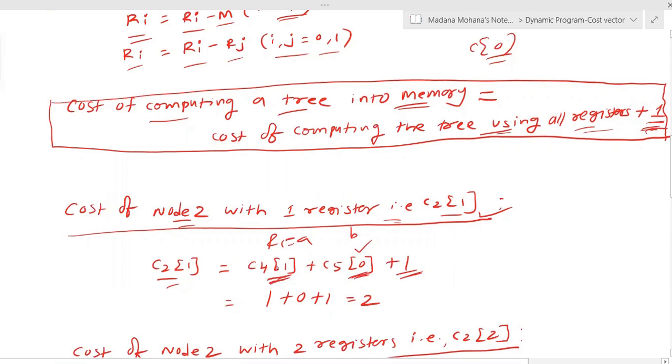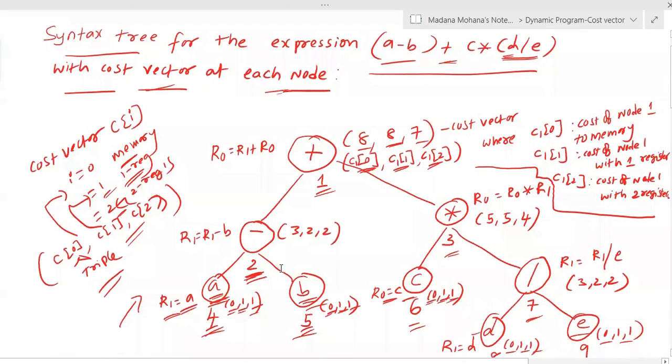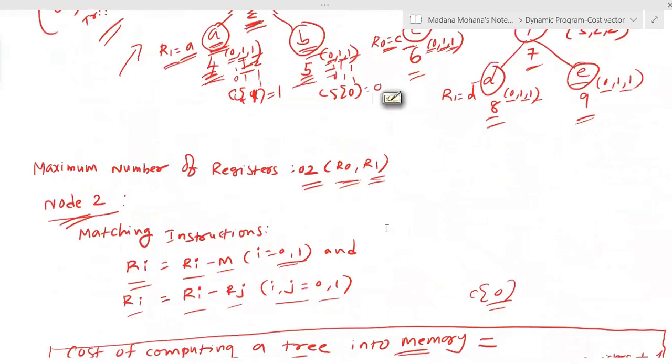Now C4 of 1, what is this value? Here you can see, this is the C4. C4 of 1 register, the value is 1. Then 2 registers, the value is 1. For memory, the value is 0. Then C5 memory 0, for 1 register 1, 2 registers 1. So now here what we have taken, C4 of 1, that means with 1 register combination value 1. Then C5 of 0 with memory value is 0. 1 plus 0, that is added to 1.